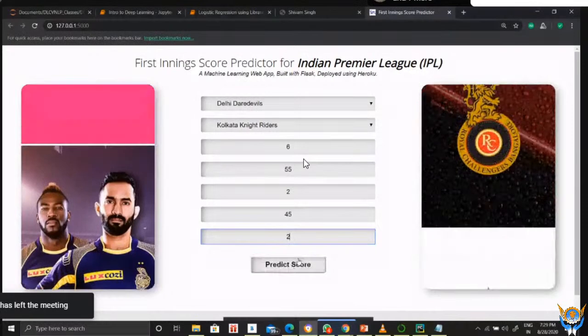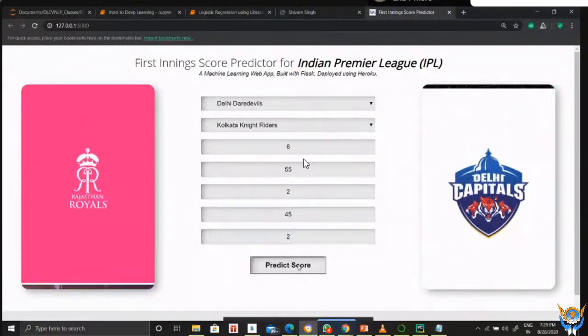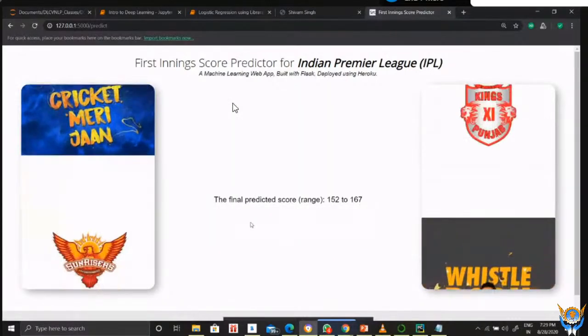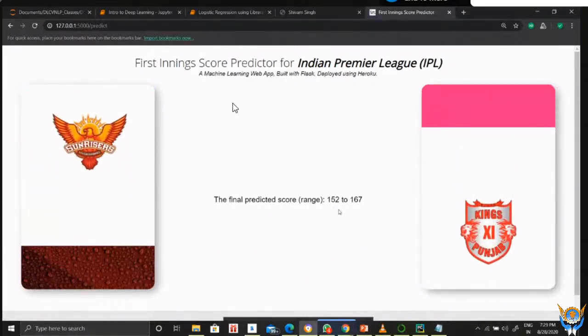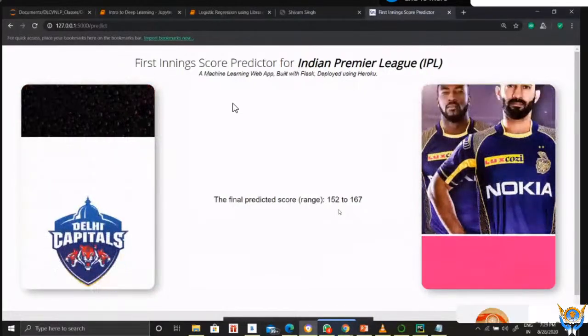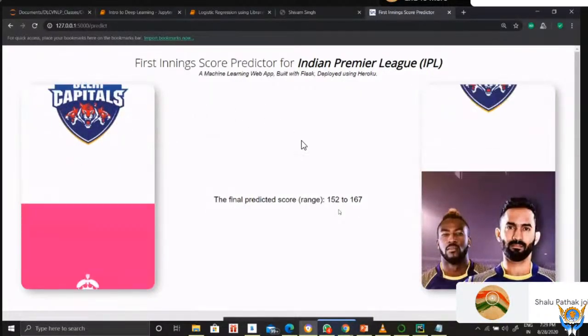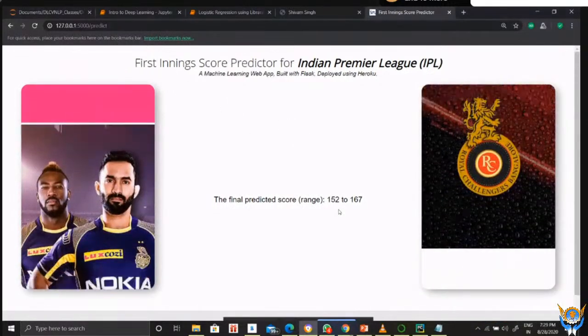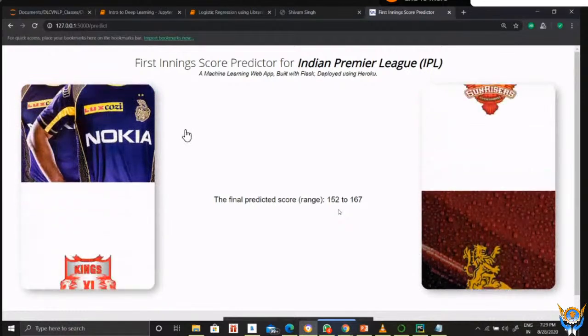Now I can predict the score. So this is the score of first inning. Let's see what the predictions are. So the final predicted score is basically 150 to 167. Okay, so this prediction totally depends upon the kind of batting order, the kind of bowling order,